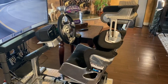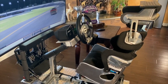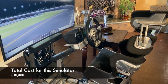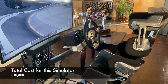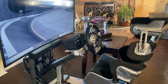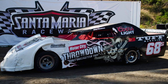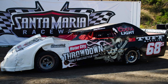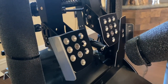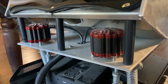Okay, so here we go, man. Added everything up. I don't think I've ever added this up before. It's kind of scary when I see it all come together, but anyway, the total price for everything is $10,380. Man, that is a big paycheck right there. But I will say this, putting things in perspective, I have built $12,000 engines that I have put in my Pro Stock and blew up on night one. Okay, so yeah, it is expensive, but relative to what I do with auto racing, it's a pretty good deal,